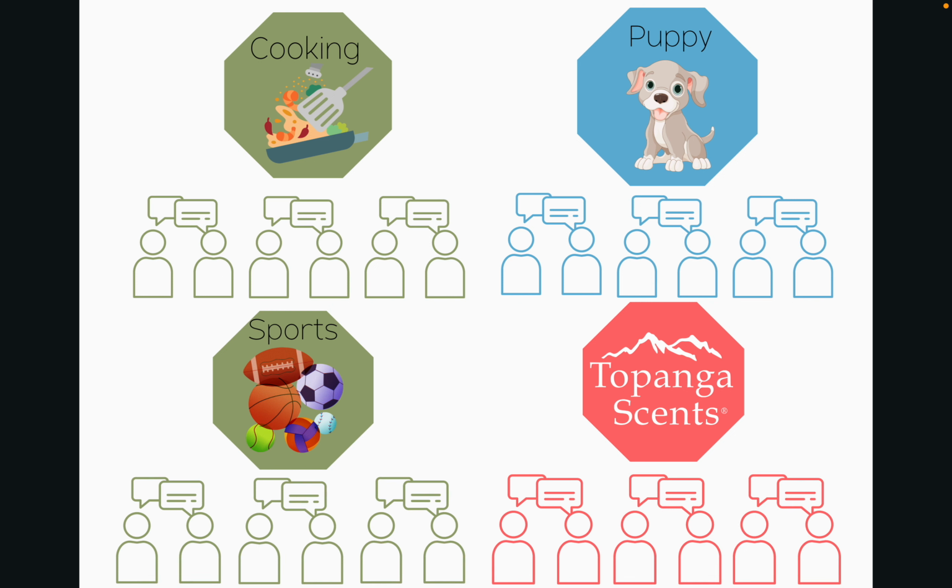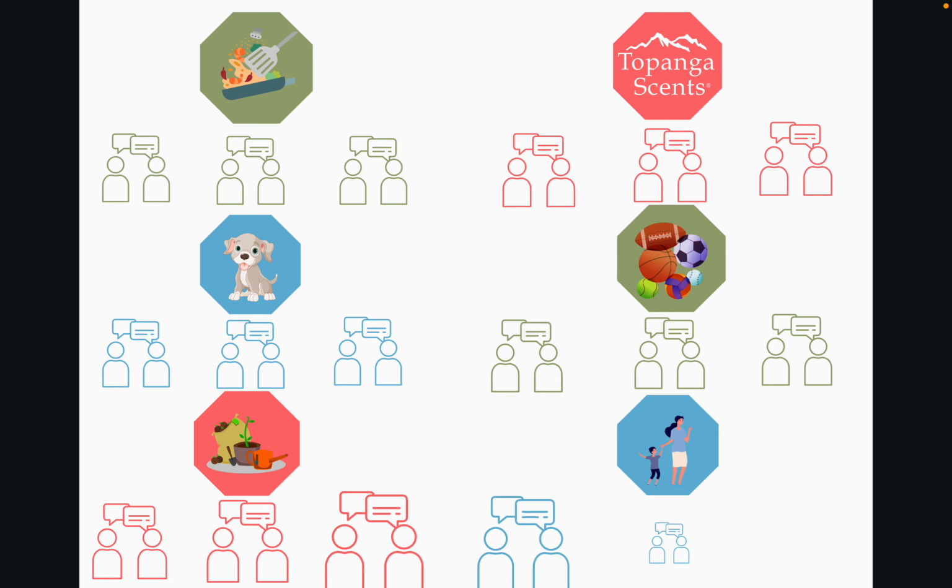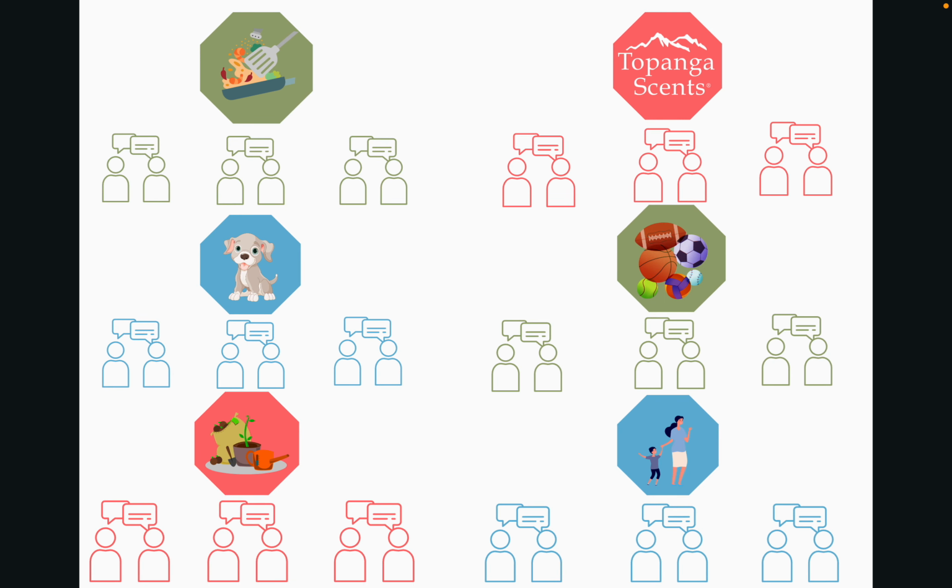All right, so I showed you the family icon, and then I had the gardening one, and then here are the other ones. And you can see that with cooking, and I have a following for the puppy post and the sports post, and then there's one for the business post. And with each of those different topics, you're probably going to see that there are people that commonly show up and comment or like whenever you post something related to that topic. And what you're doing is you're building an audience that's interested in that topic.